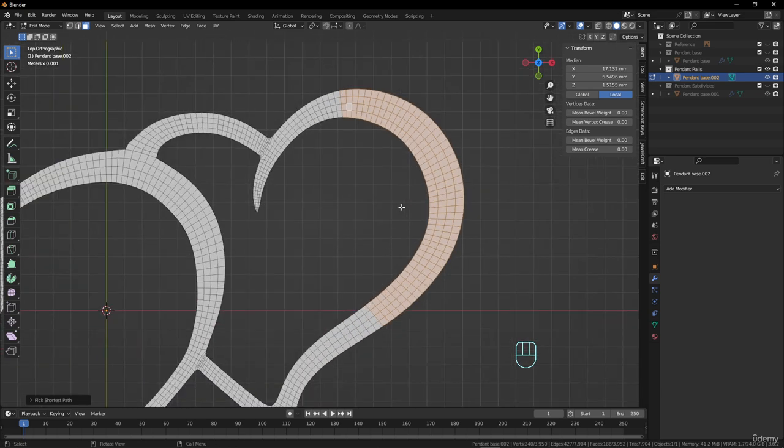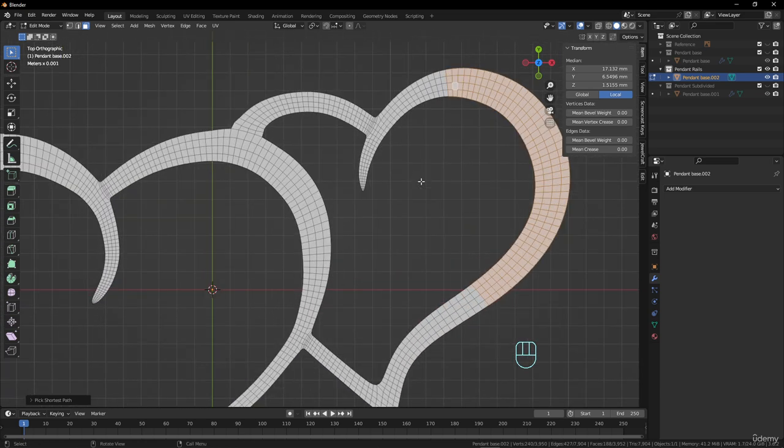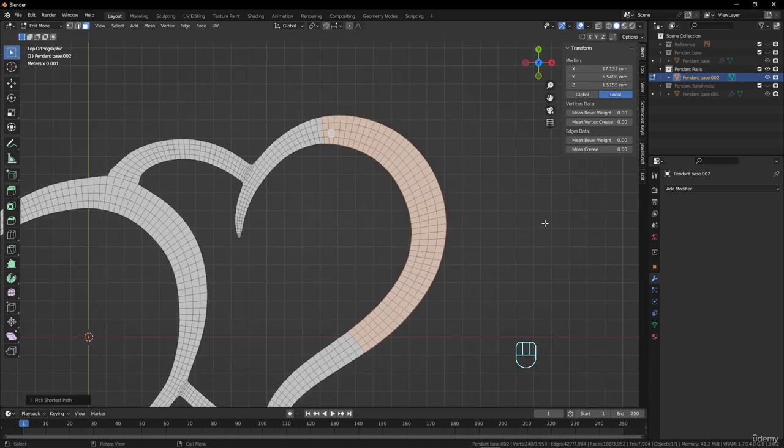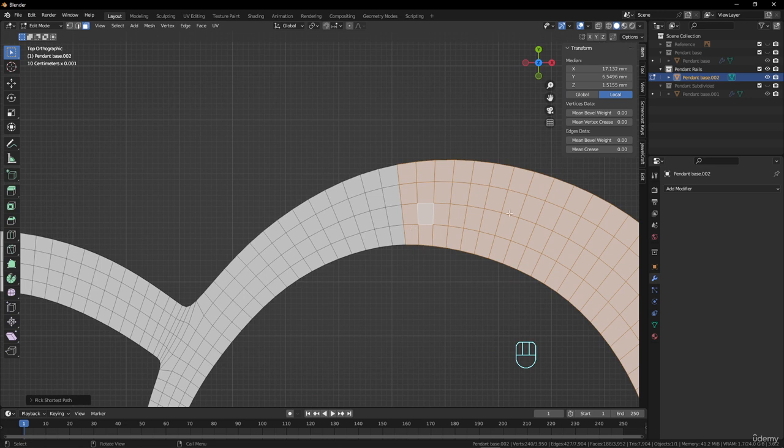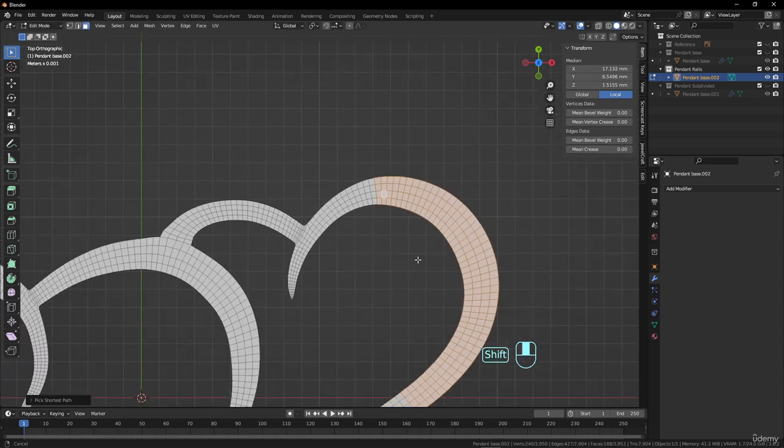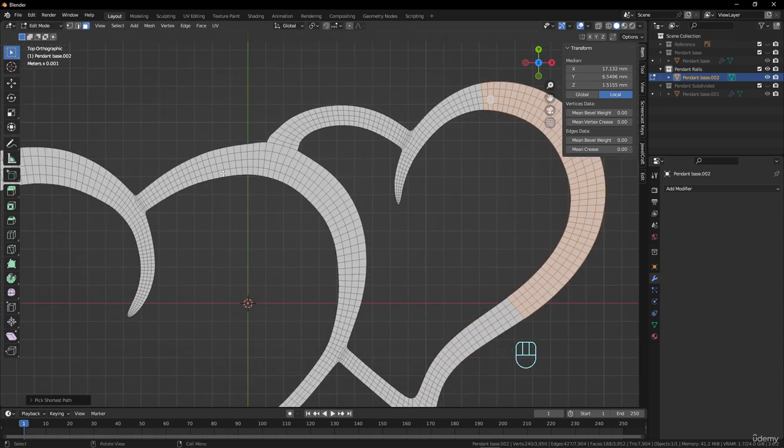Perfect. And now if I want to make a rail with that, I can use the Y key. And as you can see, that's why I cannot go too far because of this part here. You can see that we have little faces, and if I make Y here, you can see that at a moment it will cross it and the geometry will not be good. So we can go until there and not more. So we can remember that more or less. And anyway, we can make the Y